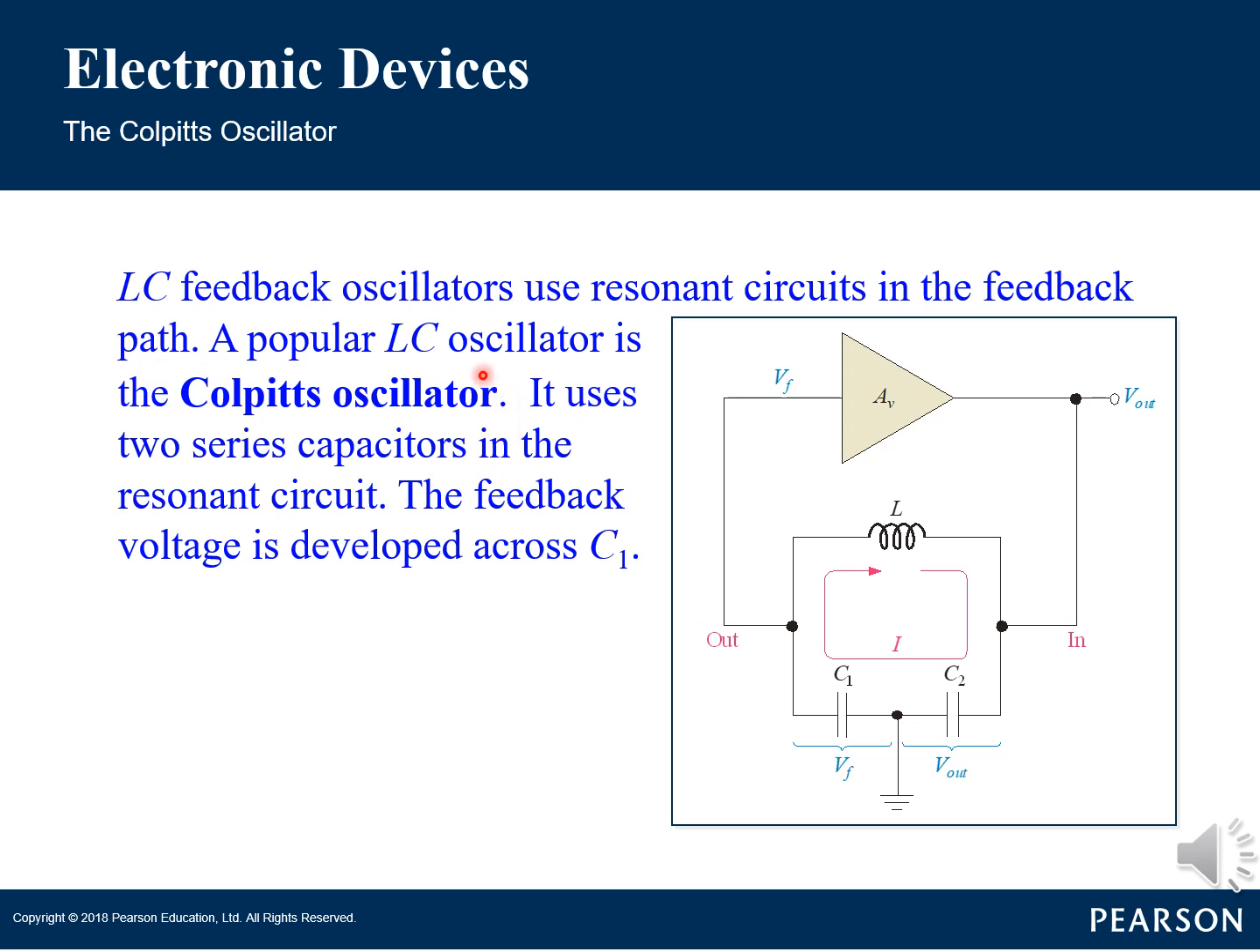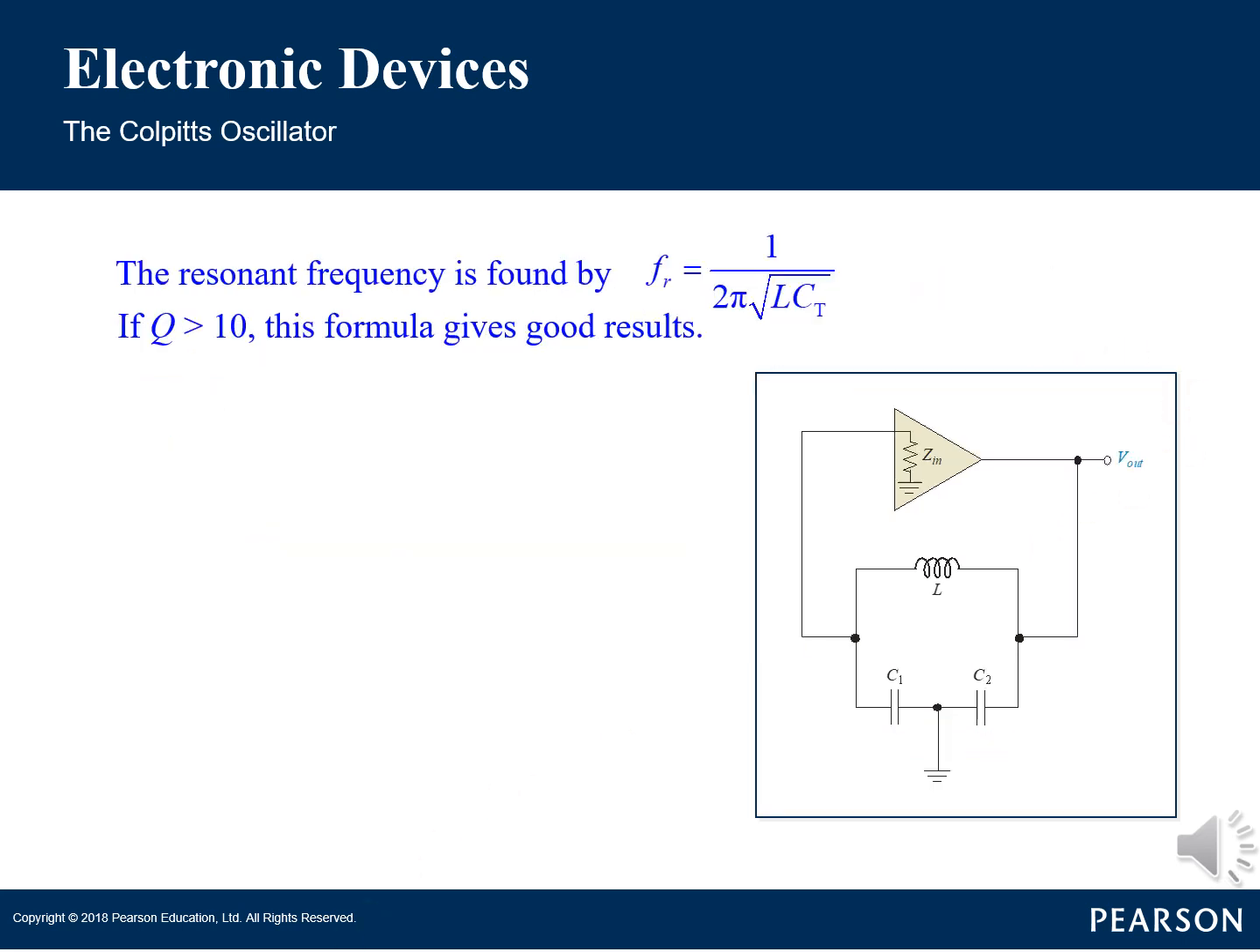It uses two series capacitors in the resonant circuit. The feedback voltage, V_F, is developed across C1. The voltage developed across C2 is the oscillator's output voltage, Vout. The approximate frequency of oscillation is the resonant frequency of the LC circuit and is established by the values of C1, C2 and L, according to the formula f_R is equal to 1 over 2 pi